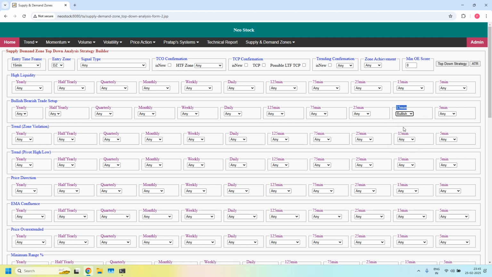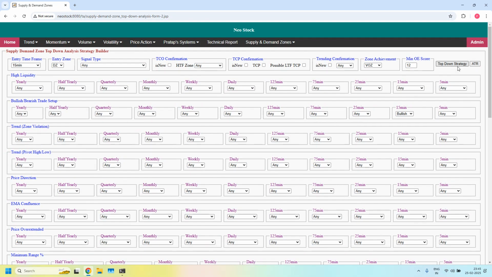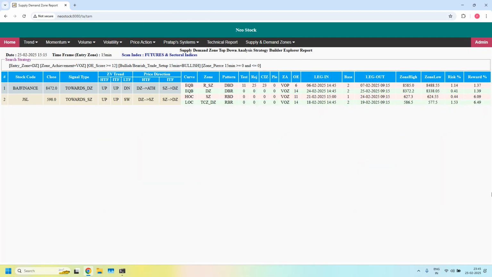I am selecting bullish. Zone achievement VOZ. Minimum order enhancer score 12. And in the pierced count 15 minutes time frame, I'm setting minimum value 0, maximum value 0. With these filters, we got two stocks. So these two stocks are currently supporting bullish trade setup for daily income trade, and these entry time frame zones